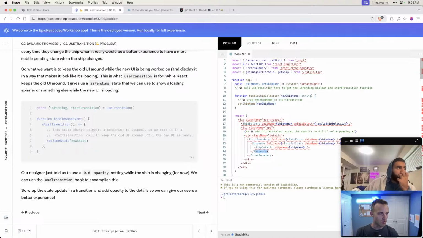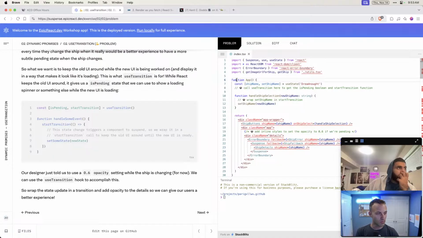And then we can also fetch the ship details. So if I were to enhance this exercise at all, then I would say, okay, what if we wanted to optimize the ship details? It's like a huge component, tons of code, doesn't always render. So we're going to code split it. We'll put it into a react.lazy. Well, now we have to load that code first, and then we can make the fetch call.